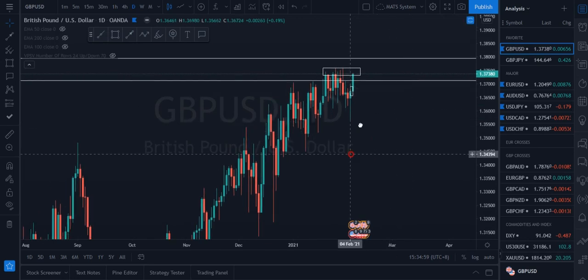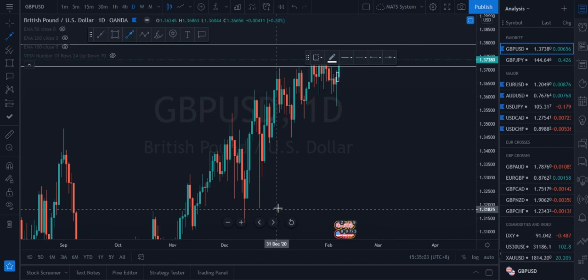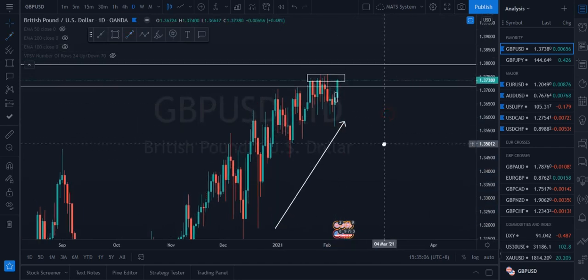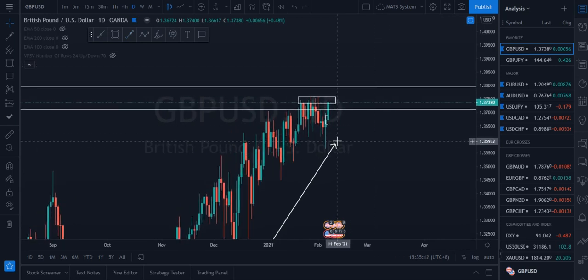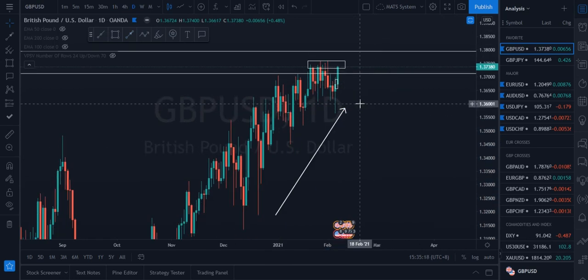So this pair is pound versus USD. As we can see, very obvious here, price has been climbing and climbing and climbing for the past few weeks, 2 months actually. Since it's been uptrending, some people call it an uptrend, some people will call it a rally, and somehow at this particular area, on the higher time frame, which I mapped on the week,